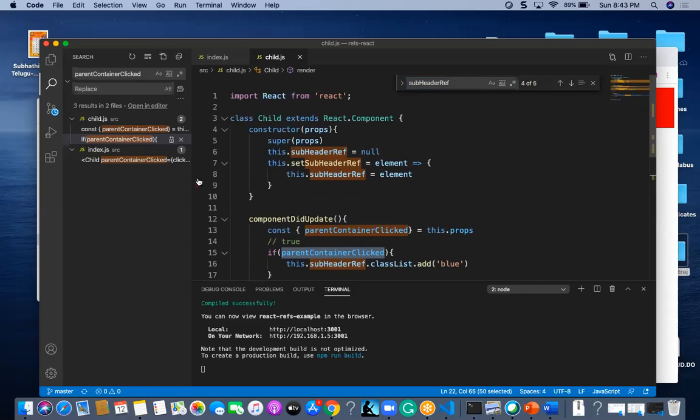It's a simple example, which will change your parent component's style as well as the child component's style; both will be changed simultaneously.